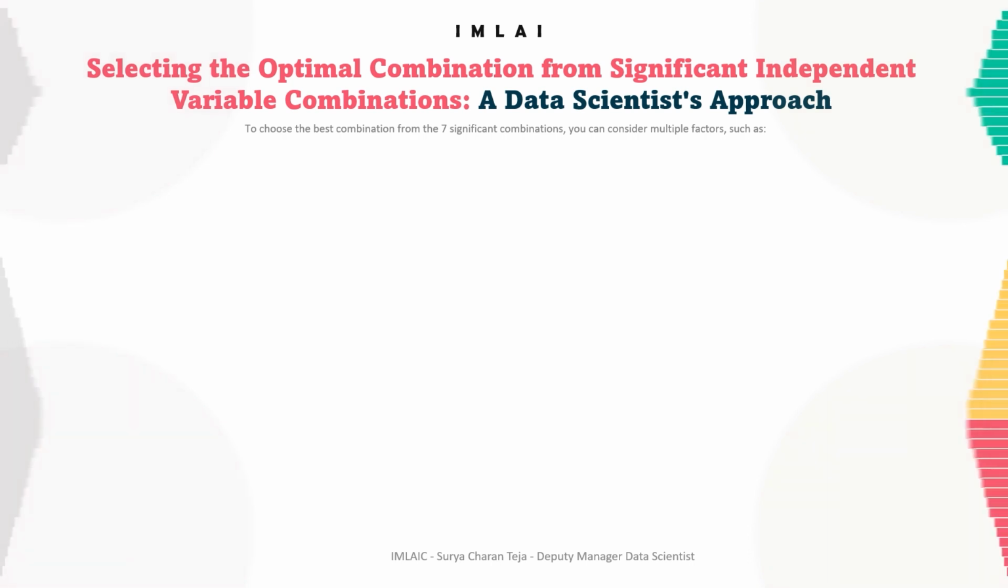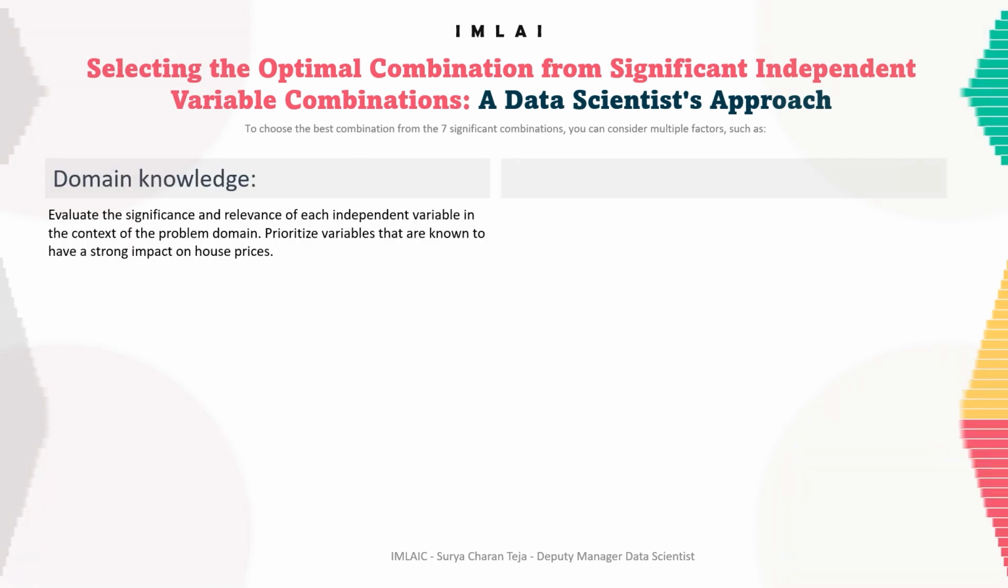So we got the 7 significant independent variable combinations. Out of that, I'm going to choose one, which is the optimal combination, I call it. This is a data scientist's approach. To choose the best combination from the seven significant combinations, we have to consider multiple factors,